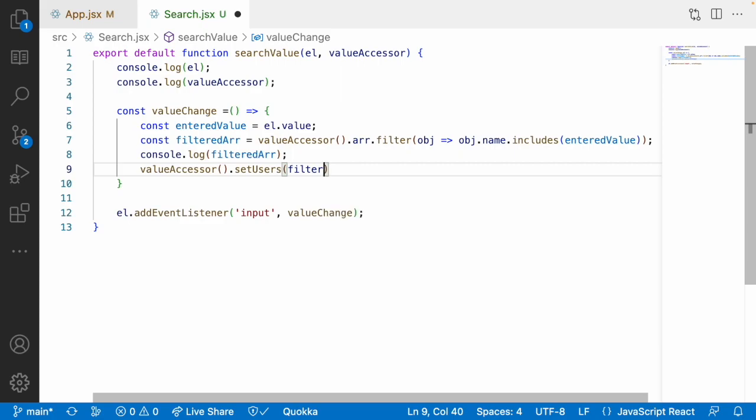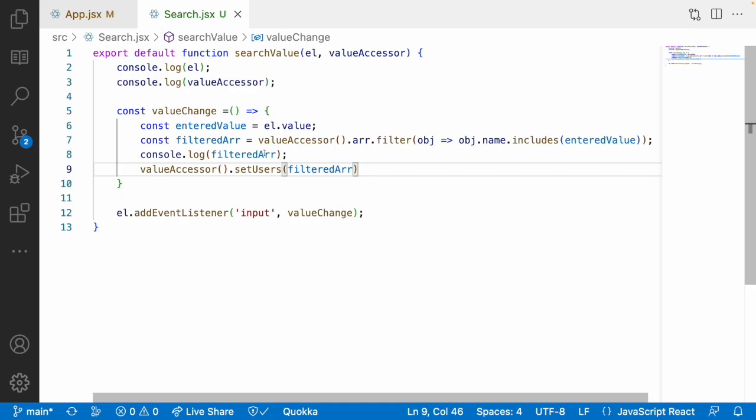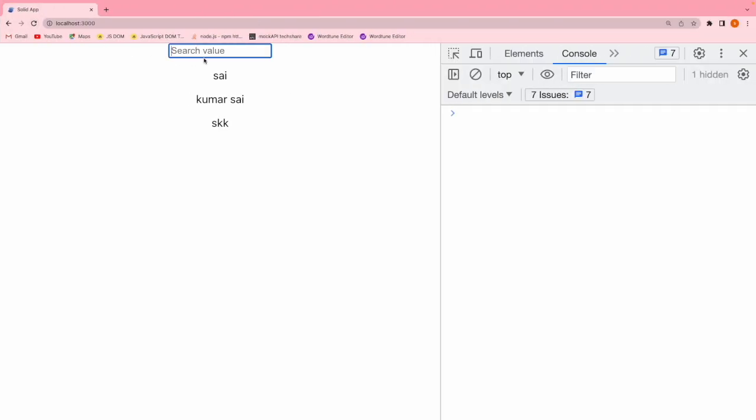So let me use filter array over set user and just save this. Let me go here and clear this off. Let me go back and remove these two consoles. Now let me type something like SA. You can see you have SA over here and SA over here, and if you type Sai you have it in